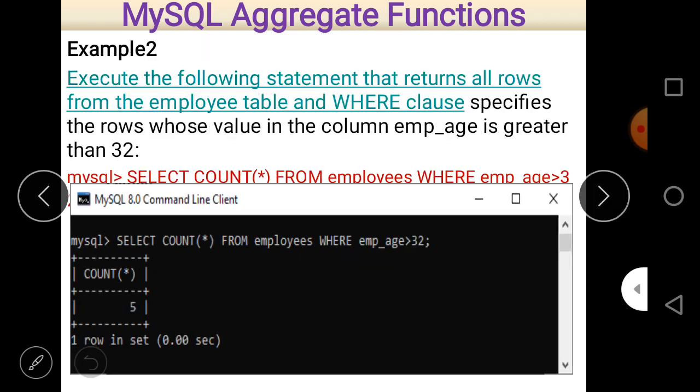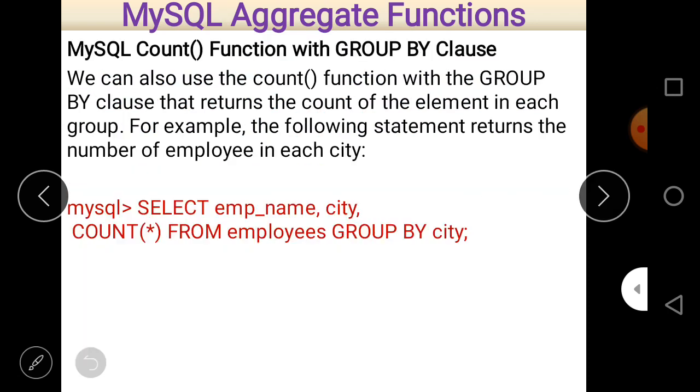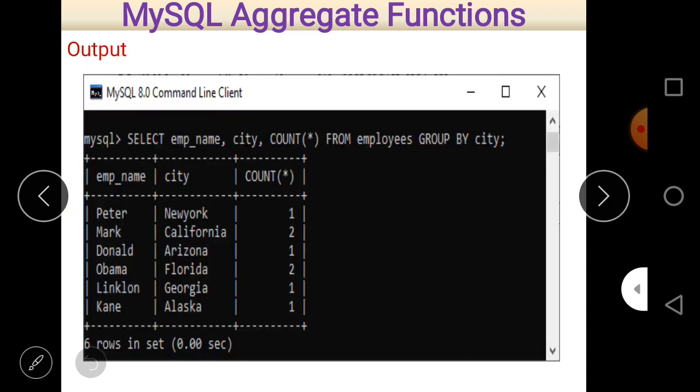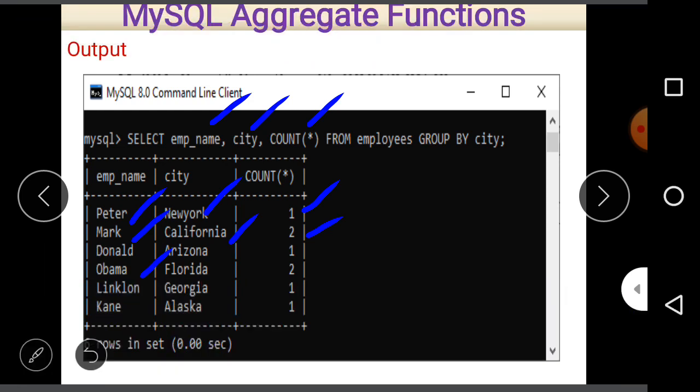So let us check what the output is. We write select employee name, city, count star from employees, so employee name will be there, city will be there, and the count star is also there. Then Mark, California, and the count star is 2 here, and Obama, Florida, the count star is again 2 here,